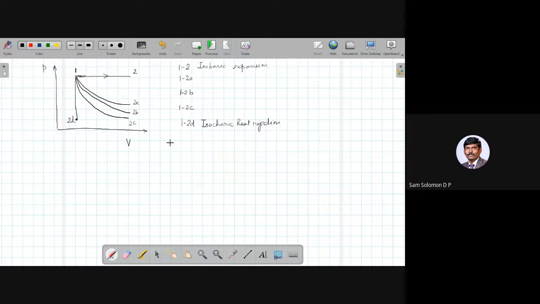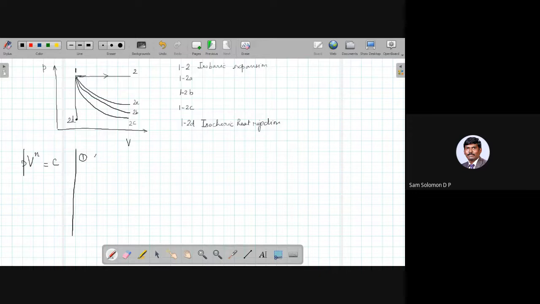Okay, and as I told you, you will either have a horizontal line or a vertical line or a curve. But depending upon the slope, you can see that this slope is different, this slope is different, and this slope is different. So depending upon the slope, these change. Now I'm going to show you, you can take the general equation PV^n equal to constant. We have already discussed this slightly in one of the classes.